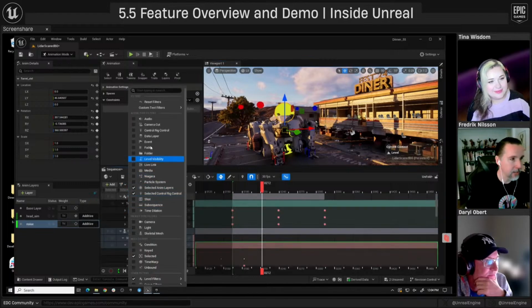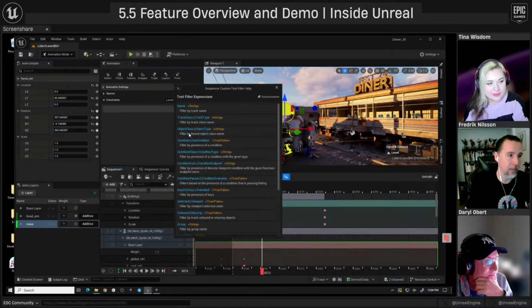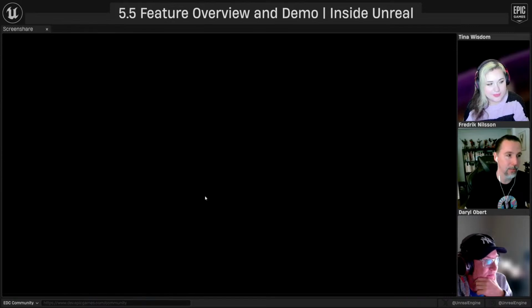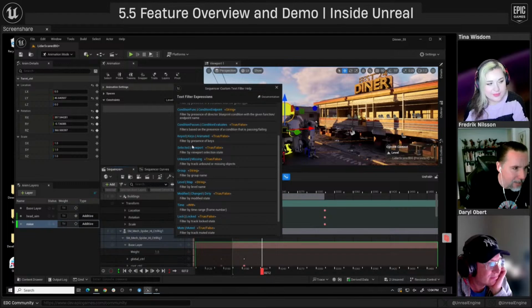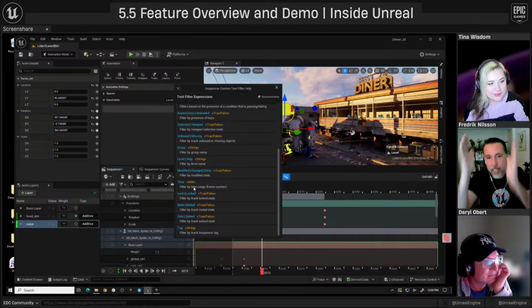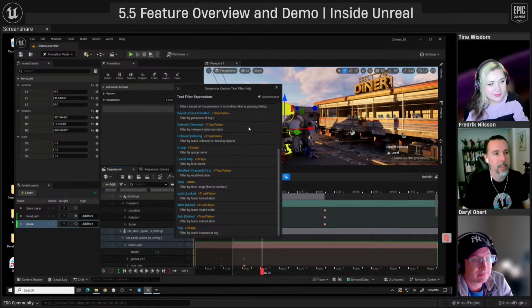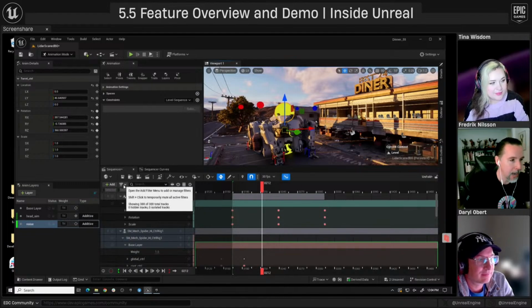And we have other ones here too. Like I just want to see camera cuts. I just want to see audio. I just want to see skeletal meshes. You can even make your own custom filters. There's a whole cheat sheet help thing. You can do all sorts of cool filters customized by selected keyframes even, or filter by time range. You can give it a time range and filter out only information that has keyframes within that time. So you can do a bunch of cool stuff there. Definitely play with those.